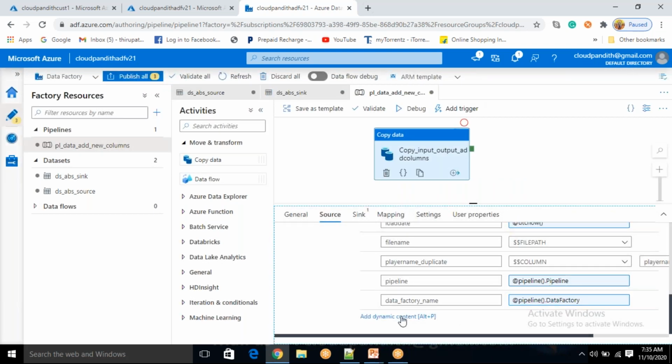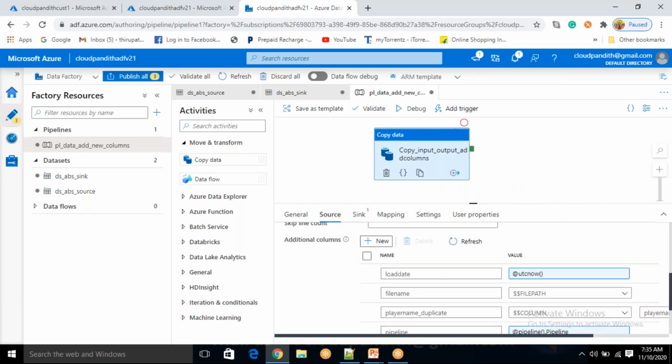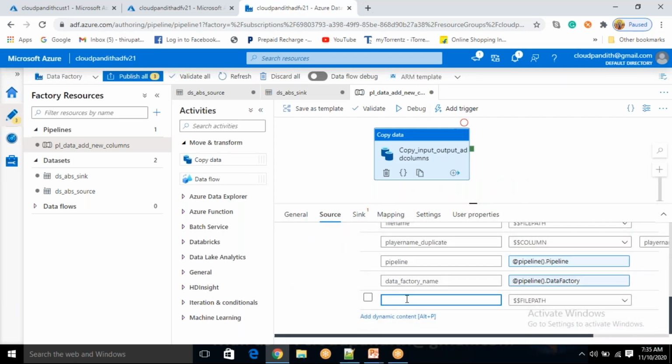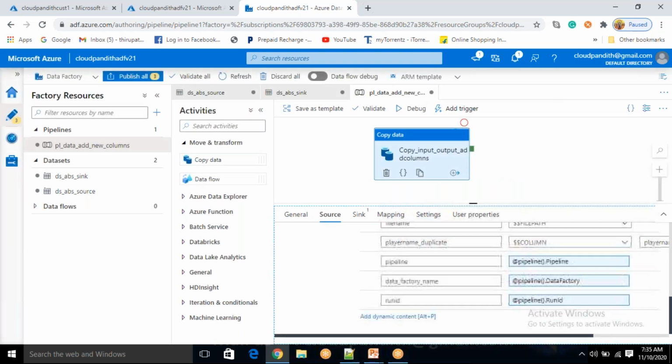So this is also important. We may need to add this because run ID is also very important. Okay, run ID, in which run these records were loaded, because if something goes wrong you can come back and check the history. Run ID is important. How you get run ID is add dynamic content. You see pipeline run ID. Okay, click finish. So these are the columns.